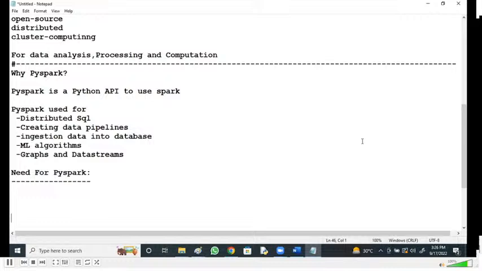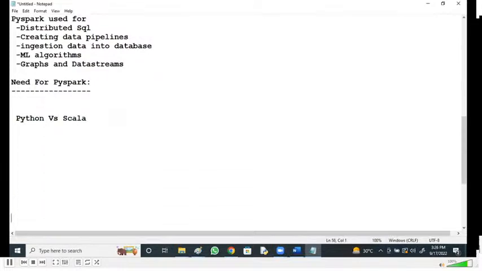If most of you have a query in your minds, whether to go with Spark with Scala or Spark with Python, I'll differentiate between these two: Python and Scala.